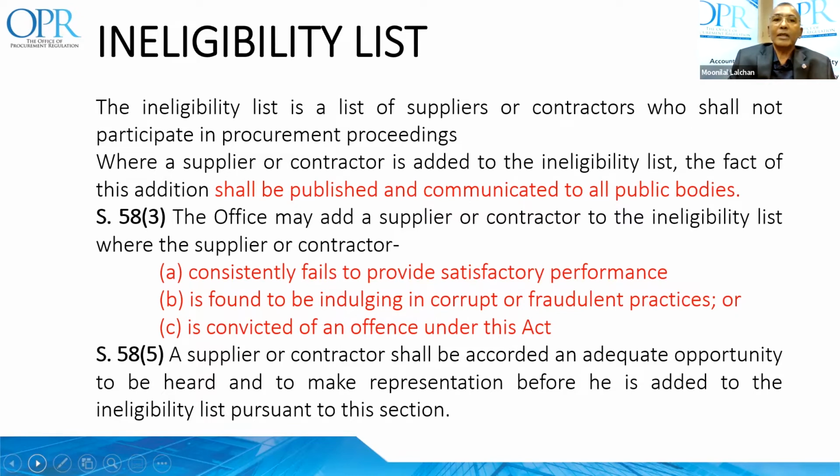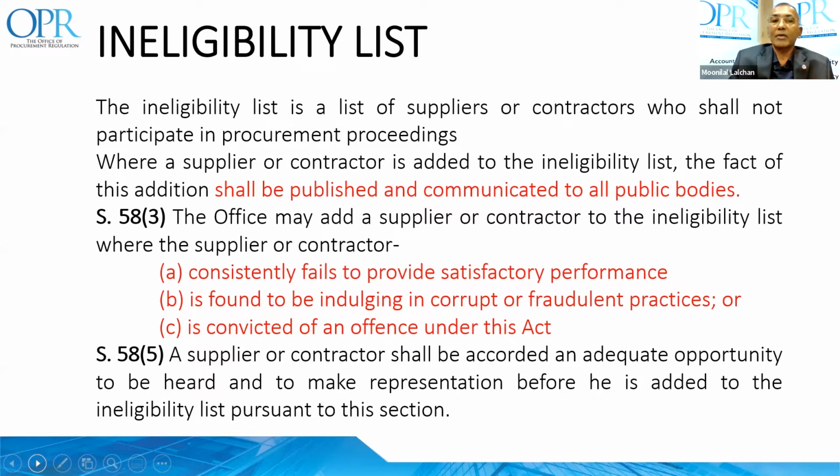Basically, there are 3 areas under which you can become ineligible from doing business with public bodies. First one, if you consistently fail to provide satisfactory performance. So you must be able to be on top of any requirements, making sure that you fulfill them. For example, if you're a bad performer, you get notice of that deficiency and it is reported to probably your contractor or engineer on site, and that person fails to report it upwards. And consistently you get those bad reports and they are not being brought to the attention of the persons in authority. You can find yourself being made ineligible for a period of up to 10 years